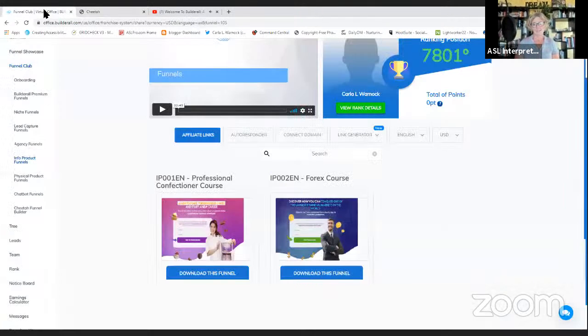And then you can get links for different, this is all marketing tools. Right now, this is just a quick overview, but this is where you get your links so that, for example, if you affiliated to Builderall through me, then you clicked on a link in an email. And inside that link in the settings area, I input my affiliate link